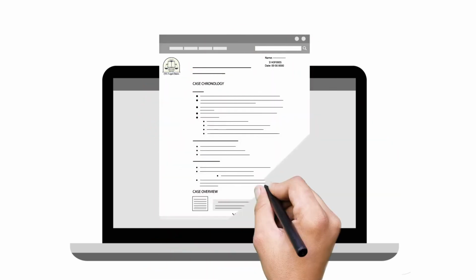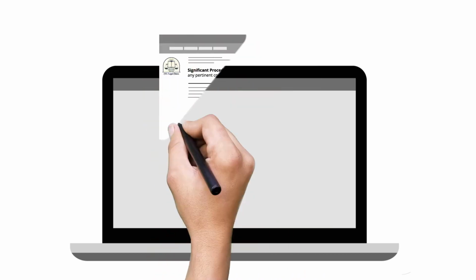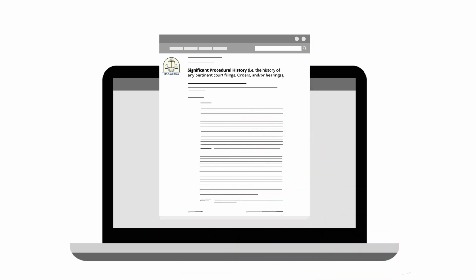Next, please provide a synopsis of the case, which includes a case chronology as well as a case overview explaining what the case is essentially about. In addition, please provide us with any significant procedural history, i.e., the history of any pertinent court filings, orders, and/or